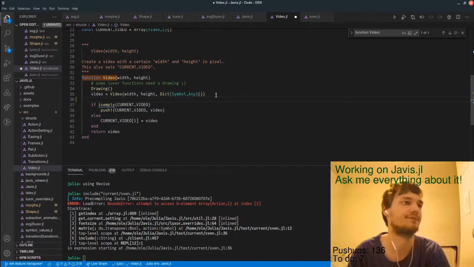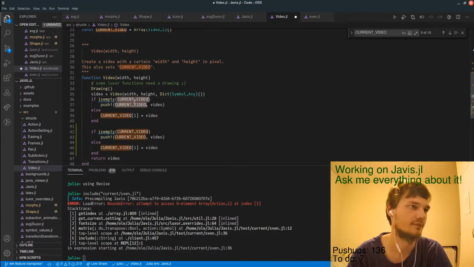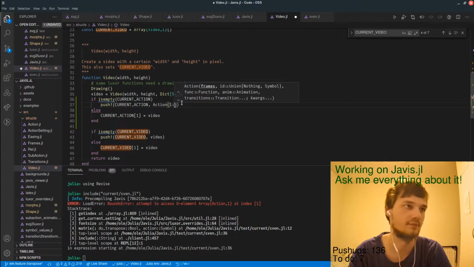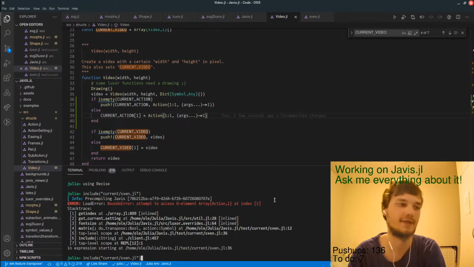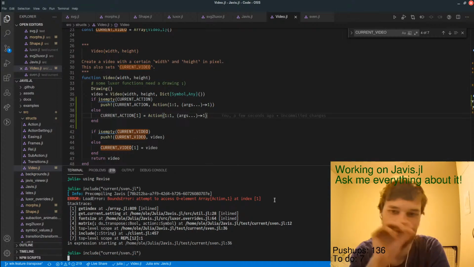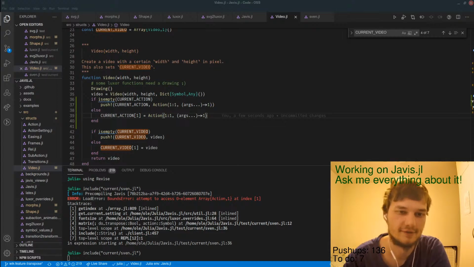Yeah, so I know this is super stupid shit, but I think it will fix the things. Oh no.